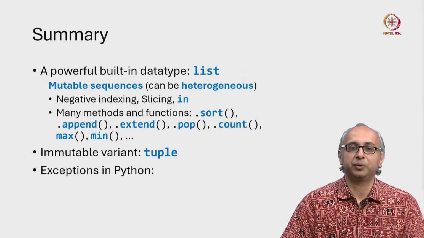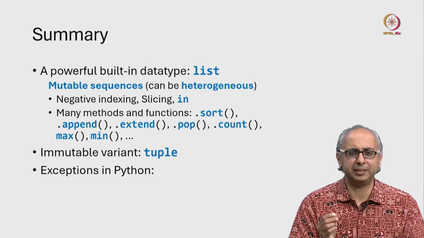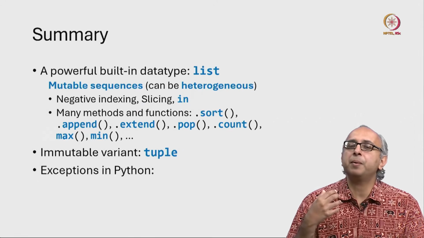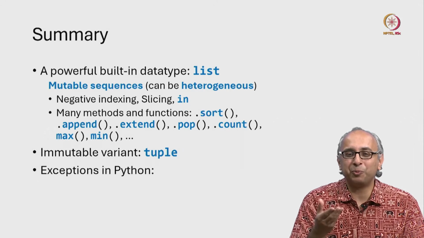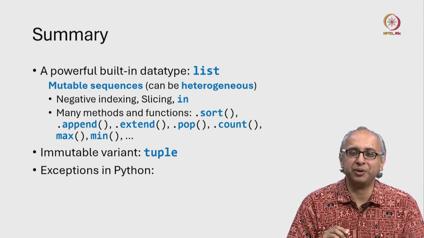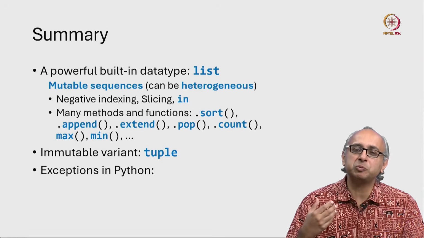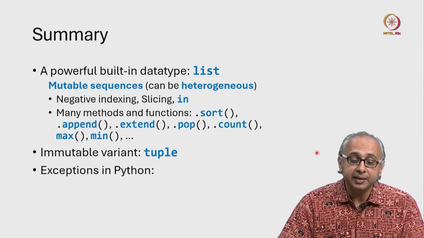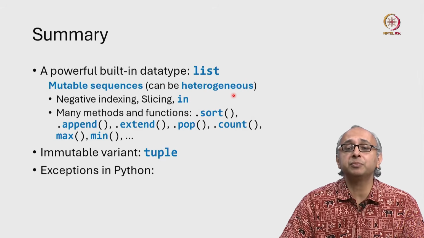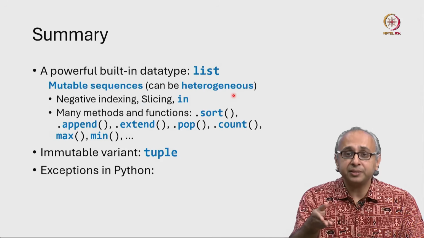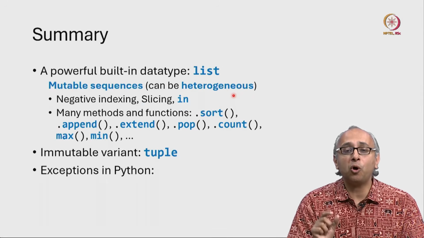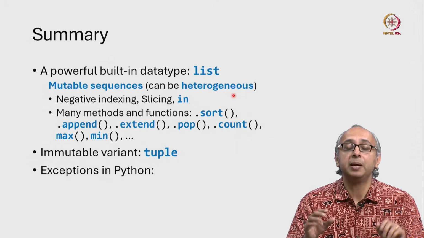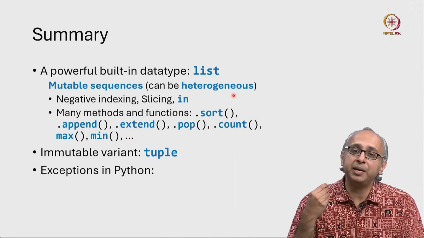So in summary, we have seen a little bit about lists. They are mutable sequences, but they're much more powerful than what we have seen in this lecture. In our next lecture, we will explore their power in greater detail. We will see that lists don't have to have items of the same type. The lists that we saw in this lecture all had string objects inside. They were homogeneous. But in general, lists can be heterogeneous.